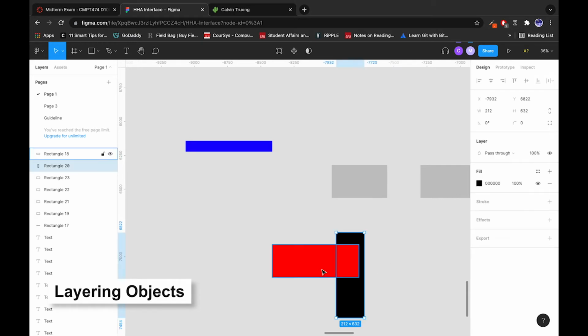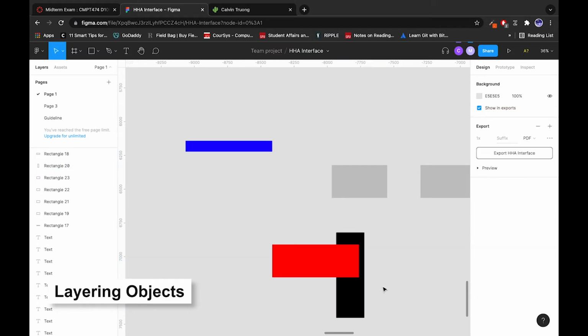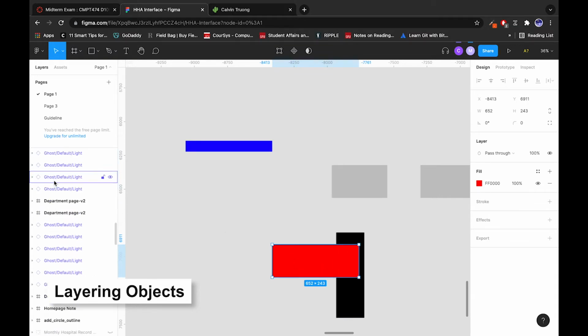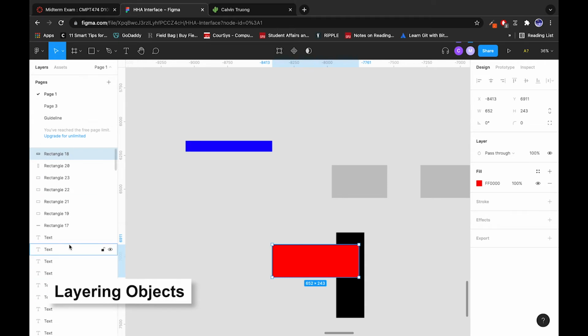So you can do that a few ways. Right now the red is on top of the black. Here it says red is rectangle 18. Whenever you select a component, you can see which one it is in this view, kind of like a tree. So this rectangle is rectangle 18, and this one's rectangle 20. I want 20 to be on top of 18, so you could literally just drag rectangle 20 on top of 18,